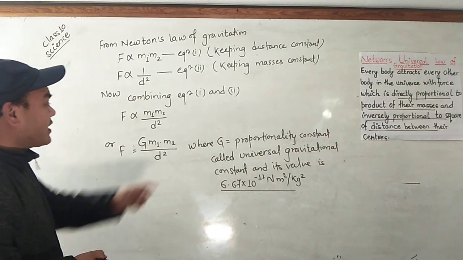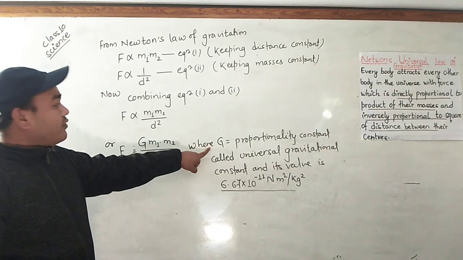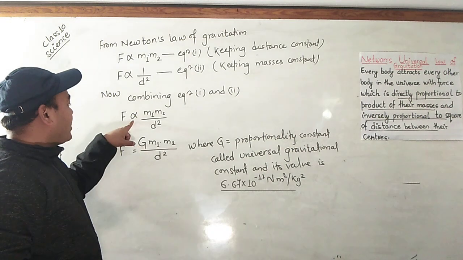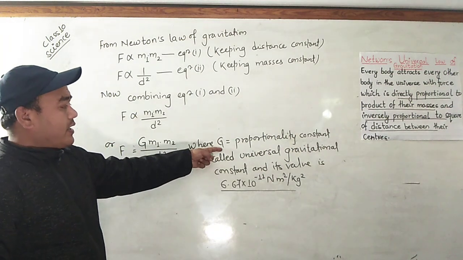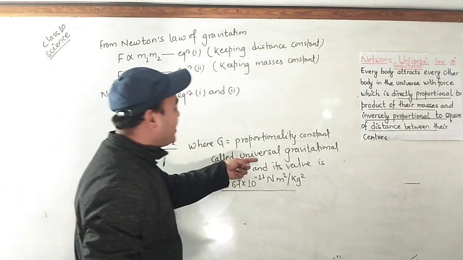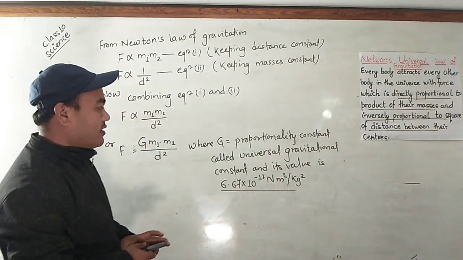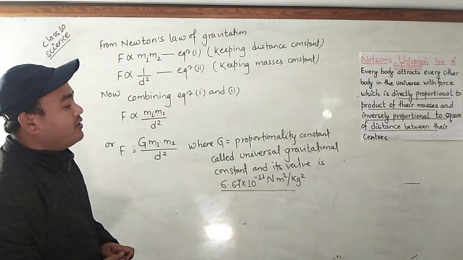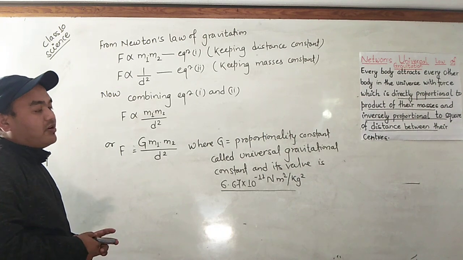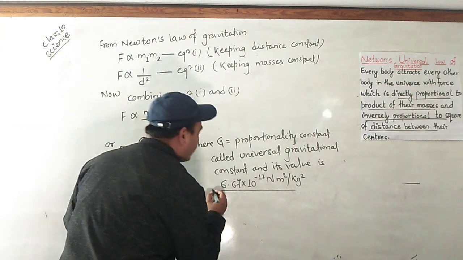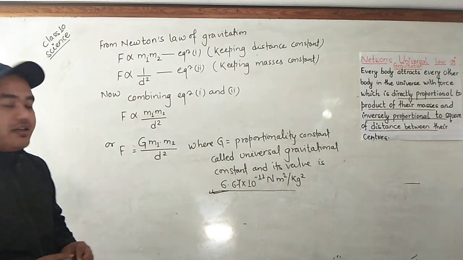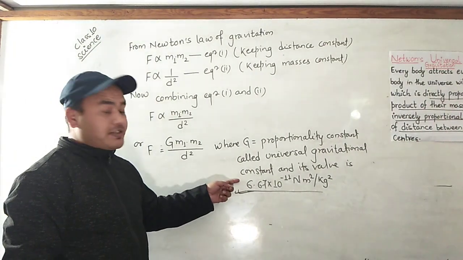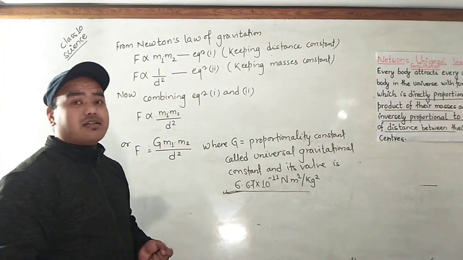Okay, once again, this capital G, the proportionality constant, is introduced here to omit the proportionality sign, and this capital G has got a name. We named it the universal gravitational constant, and its value is 6.67 into 10 raised to power minus 11 Newton meter square per kg square. Okay, memorize this value. Don't forget. It is mostly used while solving numericals also, and we have to memorize. Sometimes the value may be asked in a 1 mark question.